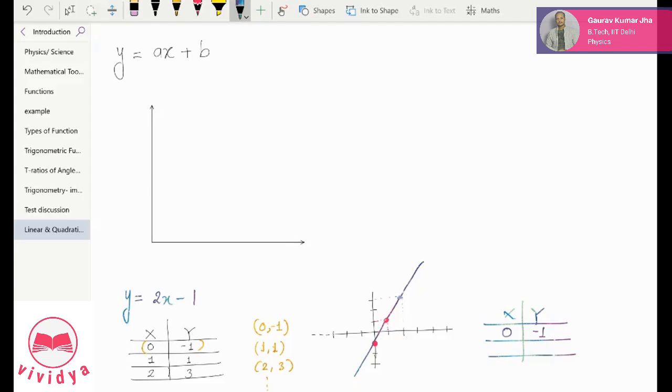The second point, what I do is I put y equal to 0, and in my mind I solve this equation. If I put y equal to 0, minus 1 will be transferred on that side. That will become 1. So 1 equal to 2x, so x is equal to half. So these are the 2 points which can be quickly found. So x equal to half, y is 0. I would have got this point as well. Then again a straight line can be drawn. So this is the technique I use because this can be easily solved, just in mind you can solve.